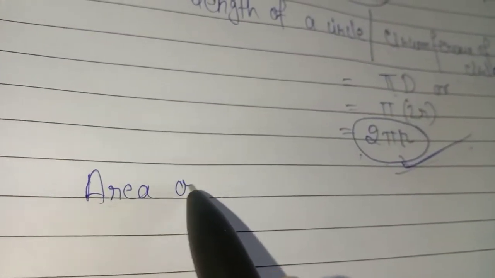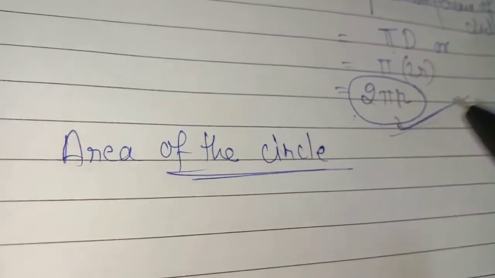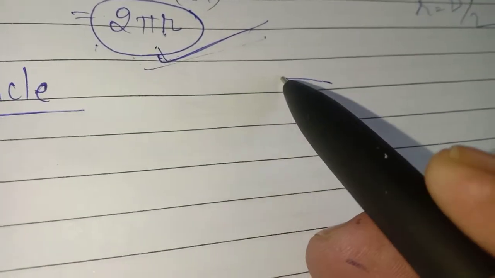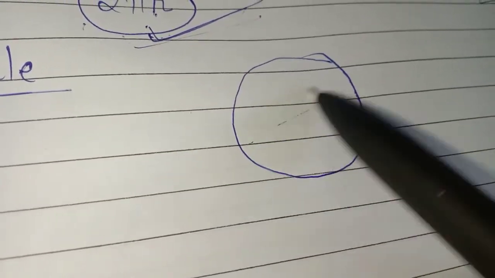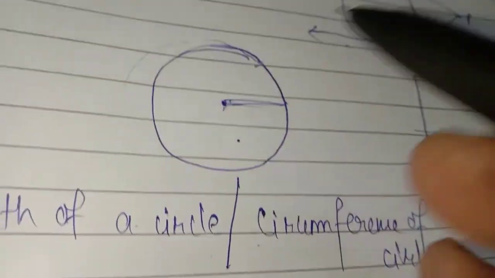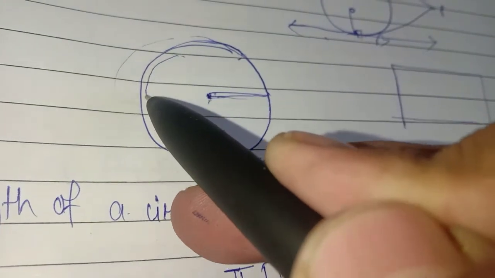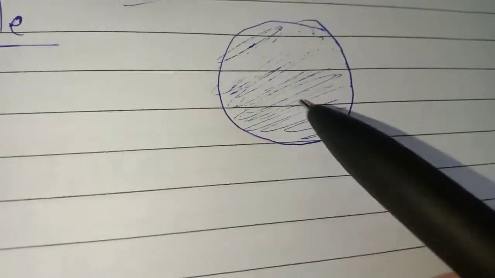In the same way, if you have to find the area of the circle in 2D, area of circle means the whole region covered inside. We are taking the whole paper instead of the edge. What is the difference between this and this? Here we are getting only the edge, like the bangle. A bangle is circular and contains a hole, so we have to measure its length only. But here it is the whole part.